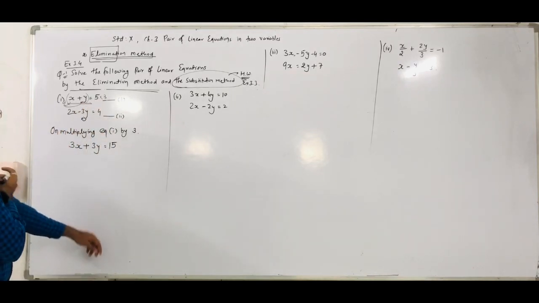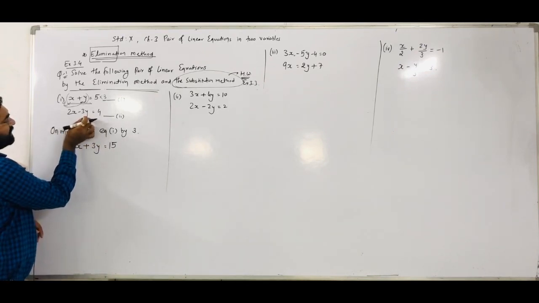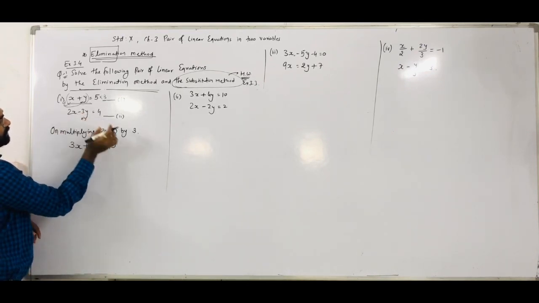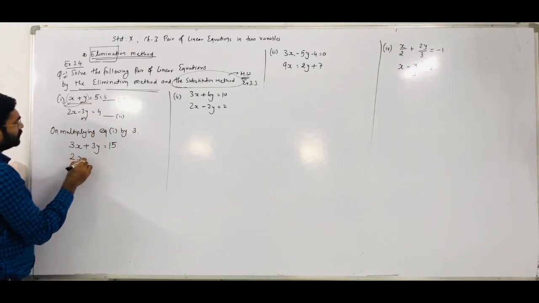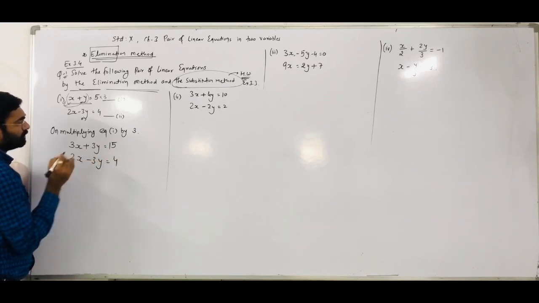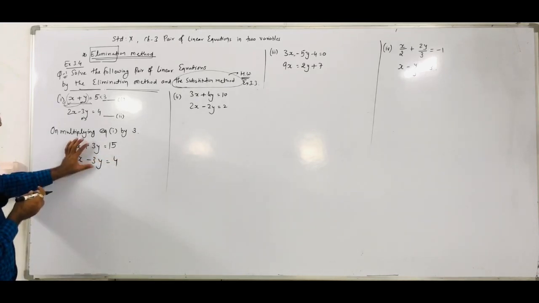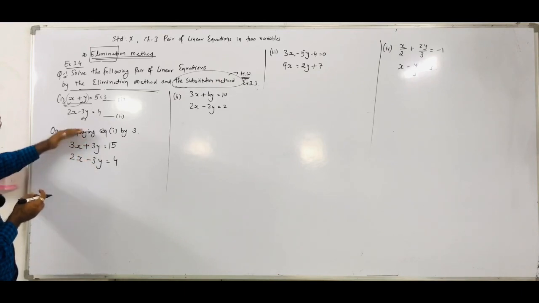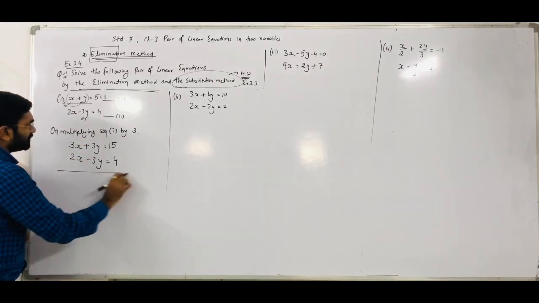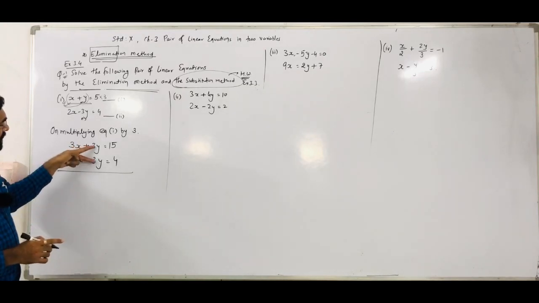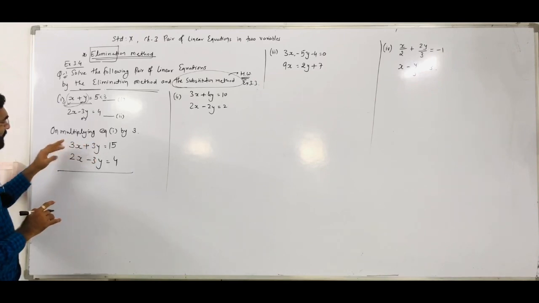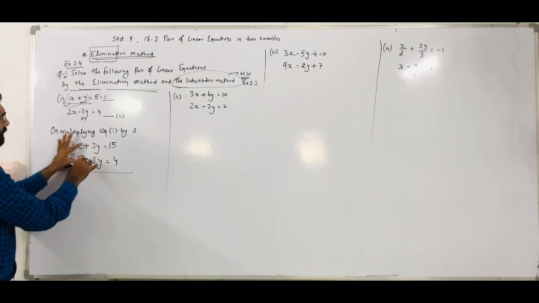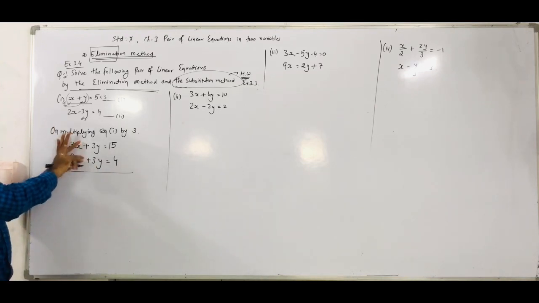And in the second equation there is already 3y, so we multiply by 1, or you can say we write the second equation as it is: 2x minus 3y is equal to 4. Now, whatever term we make the same, if its sign is different, then we have to add both equations. Remember that. If both signs are plus, then you have to subtract the equations. In a subtraction, what do we do?